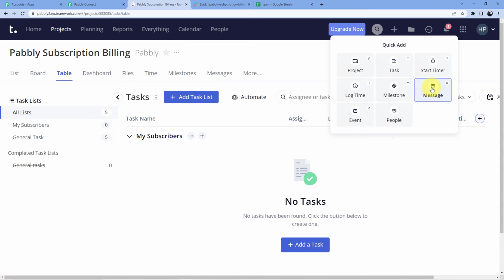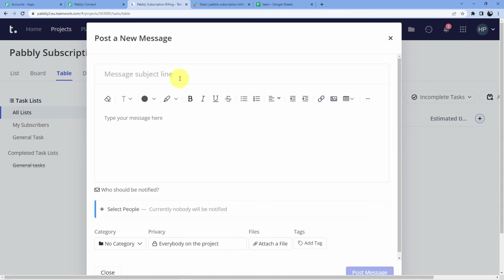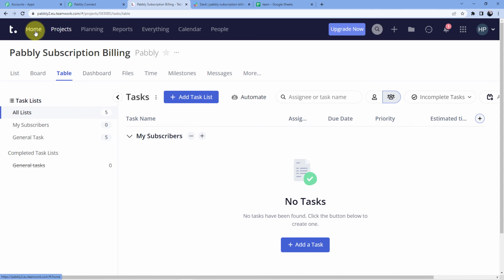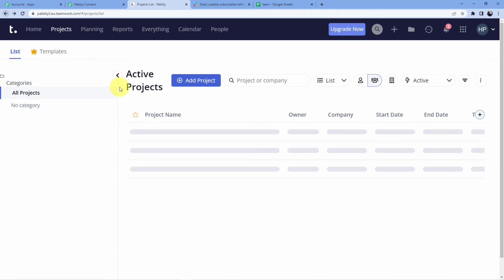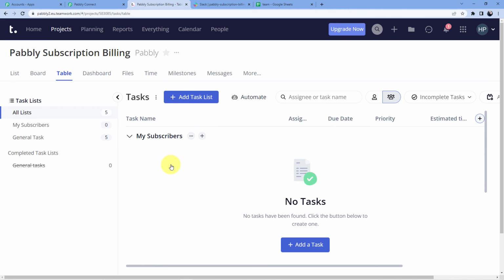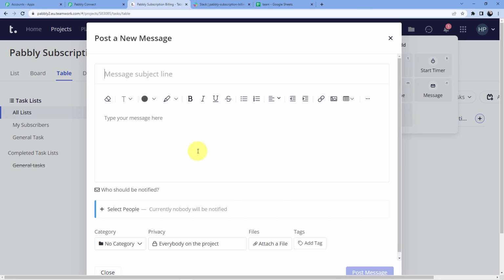Again, plus message. And here, wait a minute. Let me just change the project. Okay, so I was in Pabbly subscription billing. Go to plus, then message, then here integration needed.